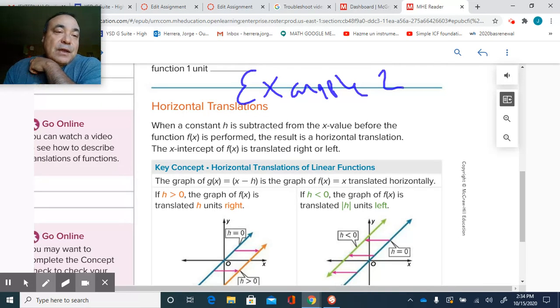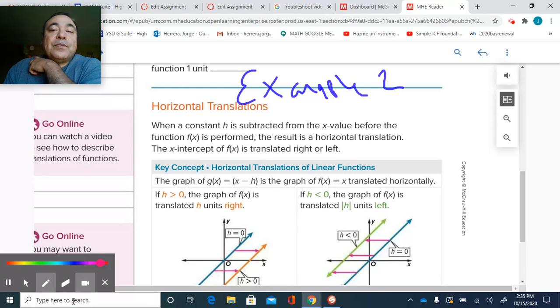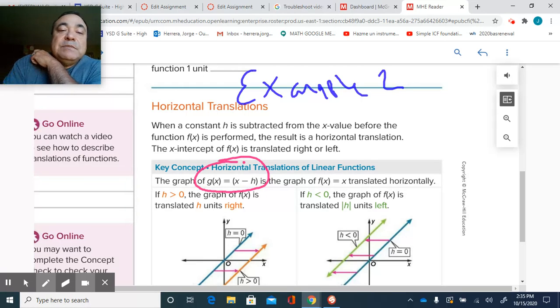This time is a little bit different, guys. We're going to do here, the formula for this is going to be when you have something like f of x. So this is the formula right there. Right about there, guys. This means that if you have a g of x, it's really important to see the transformation, horizontal translation. It's going to depend on,